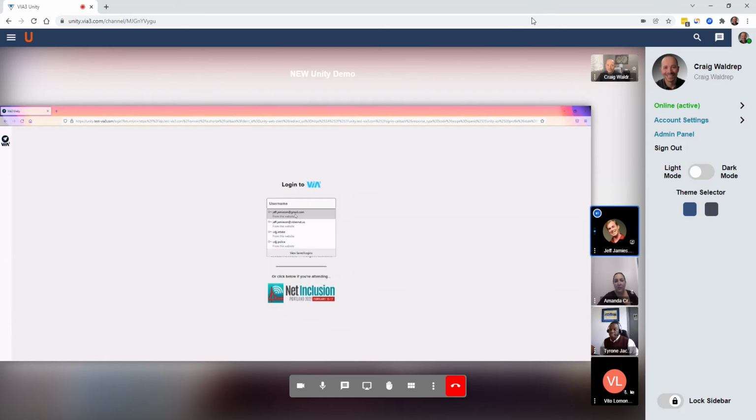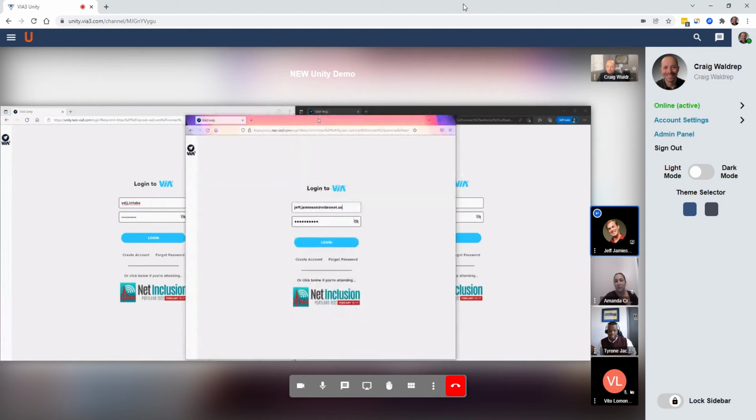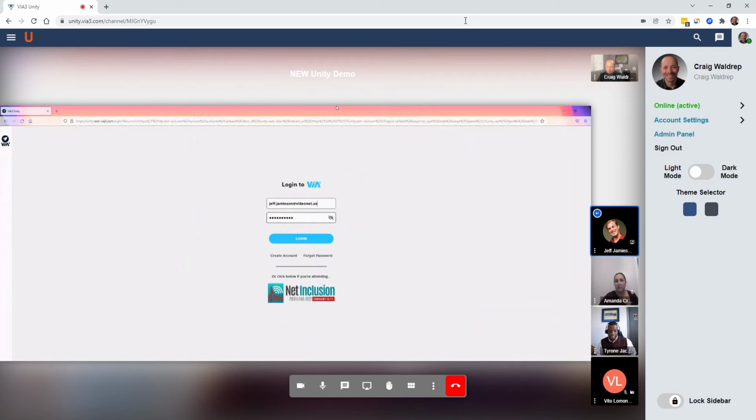We can log in as me, and you'll see a little bit more robust of the actual VIA platform. And then I've also got it set up. We'll do intake and police on 2 separate sessions, so we can see both sides of how that works. But if you were just a typical VIA customer, not you guys, just everybody else,